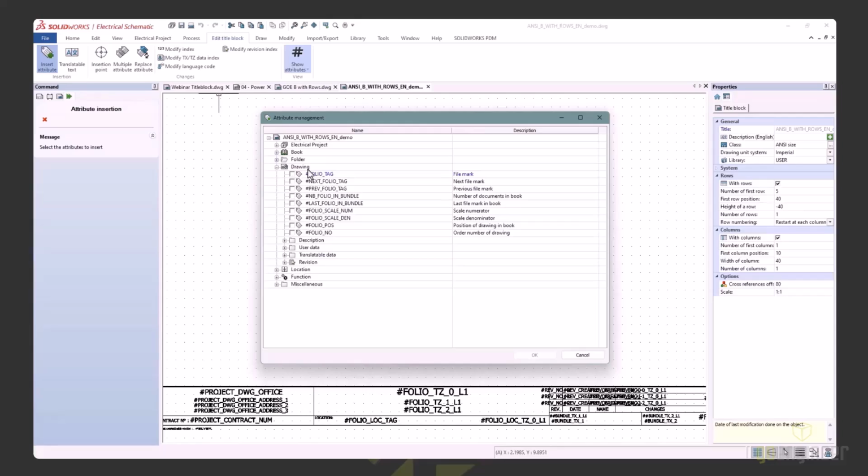So in drawing, you can see folio tag. Here again is where I'm coming up with that numerator and denominator for the scale. I have the number of the drawing. I like to use folio tag, which is the mark,